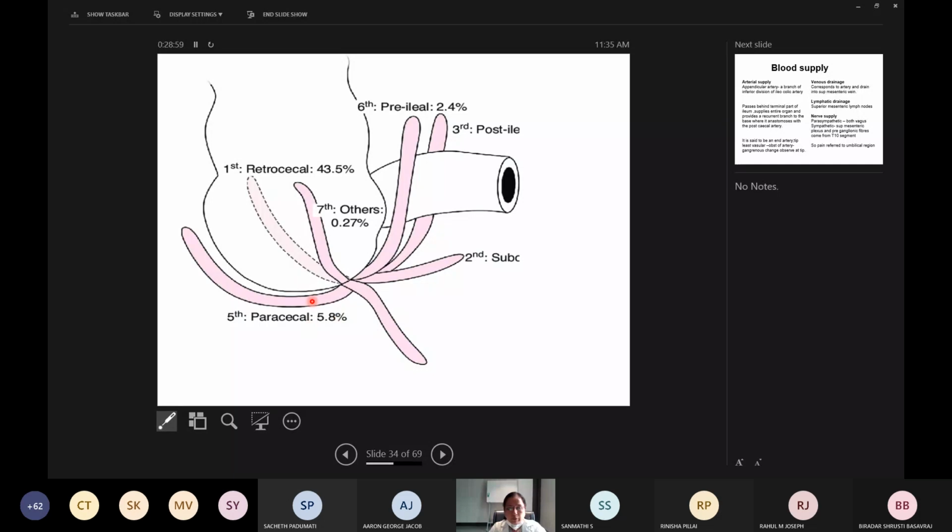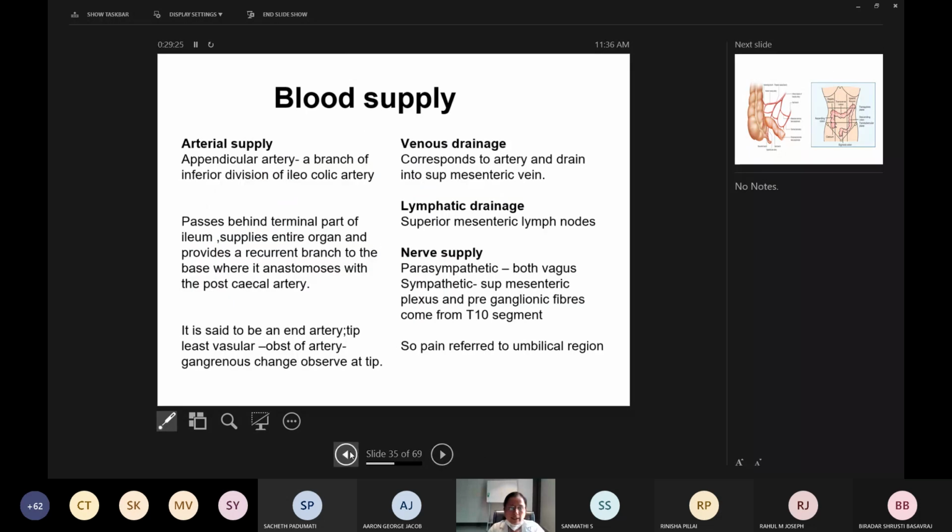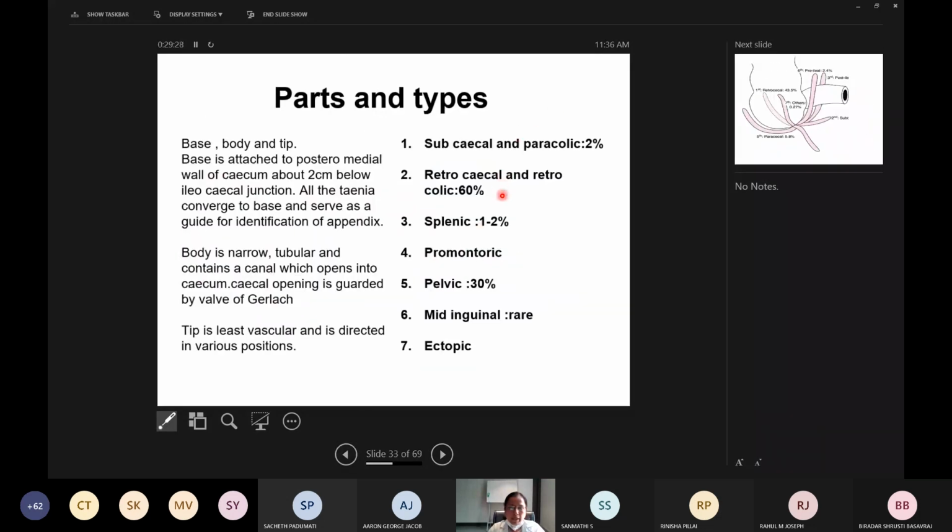And next, there is one more type in the center, which is called the mid-inguinal type. So these are all the various types of the appendix, and there is something called the ectopic appendix due to faulty rotation. So you may see the appendix in various positions. I'll not go into that detail. So is it clear? You have subcecal and paracolic, retrocecal and retrocolic, splenic, promontoric, pelvic, mid-inguinal and